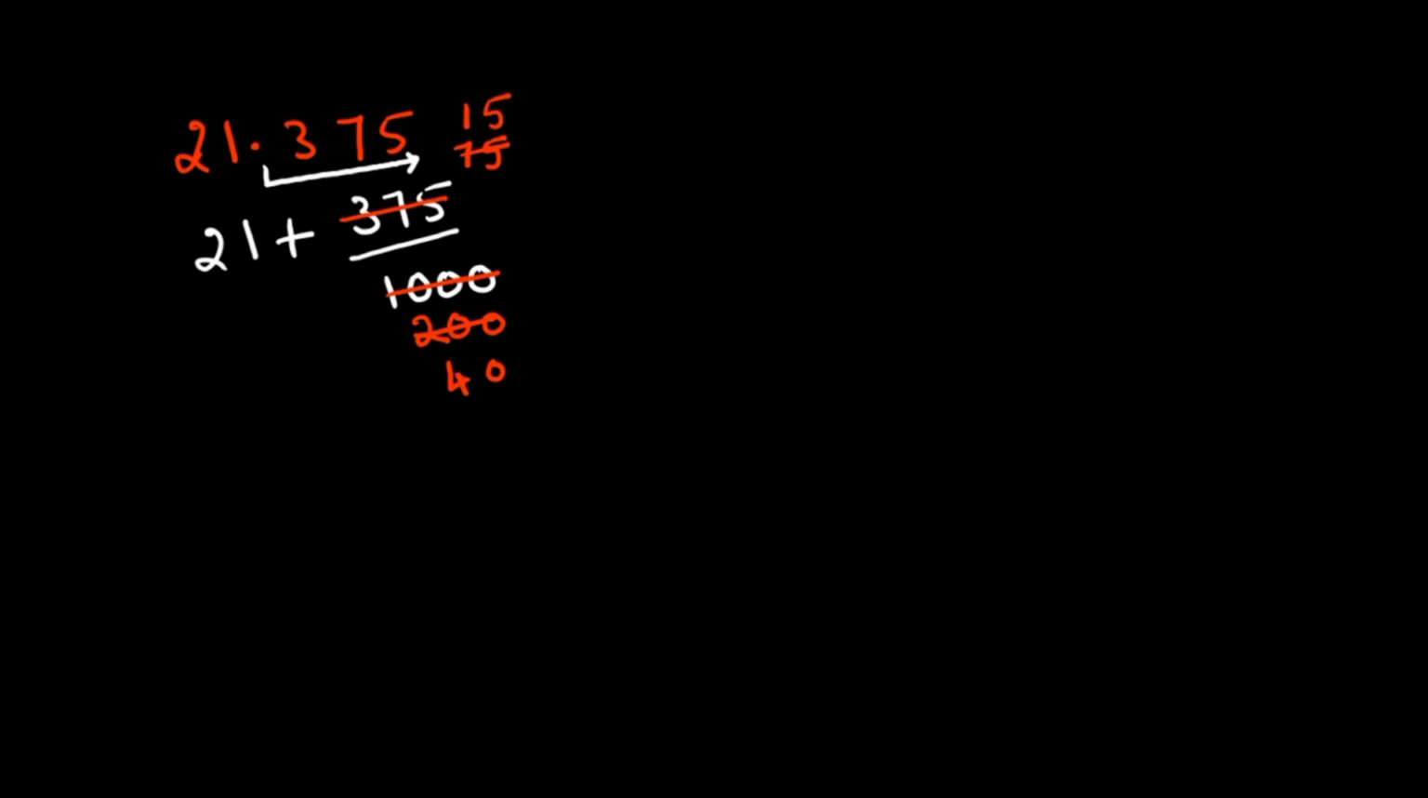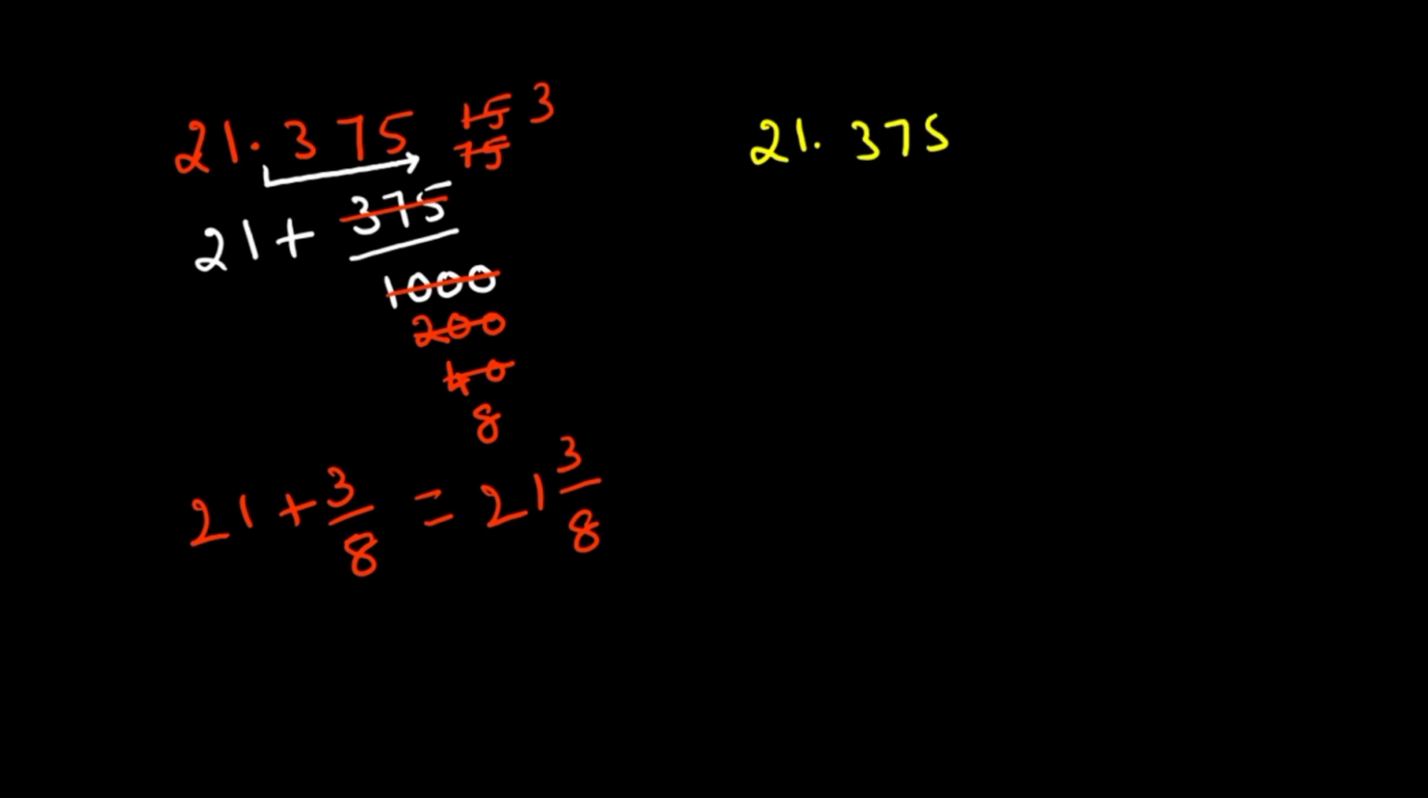So still cancel by the 5 table again, 5 8s and 5 3s. Finally your answer is 21 plus 3 by 8. That means we write here 21 3 by 8 in the mixed fraction form. Got it? And if you want to do this one in the other model, that is 21.375, you can write as